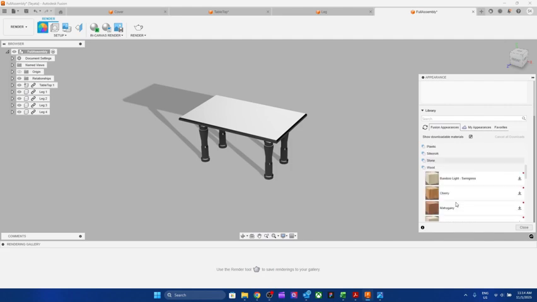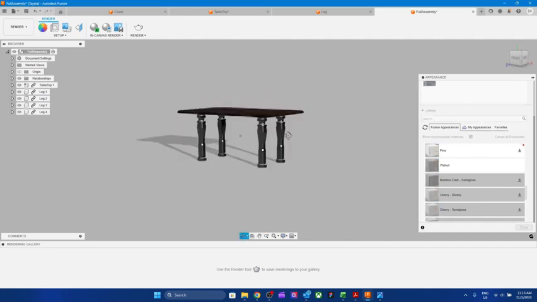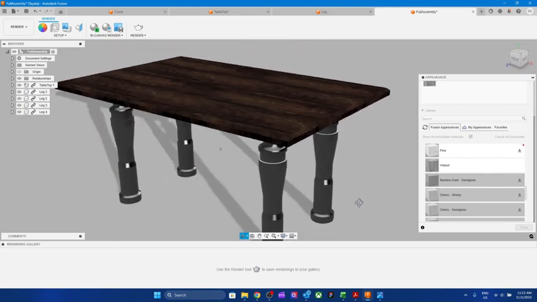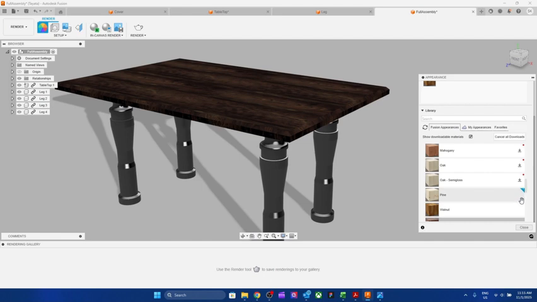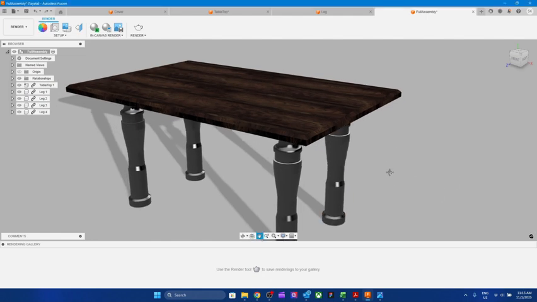Stone, wood, for example, wood. I have not downloaded any of the wood except from one, for example. So I can simply drag and drop, and it changes to the wood color texture, and the legs still are not the right material. So if I want to download, say, pine wood or oak wood, let's say download oak, pine, and we can simply apply to the leg. Not a good combination. Okay, and